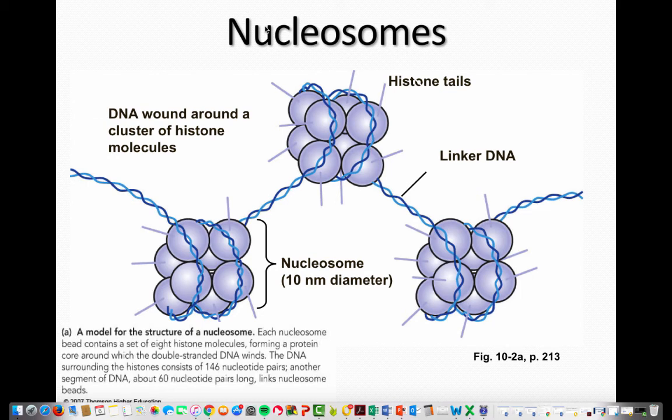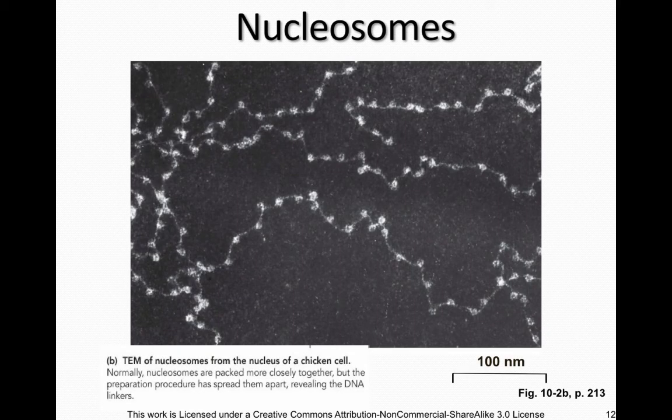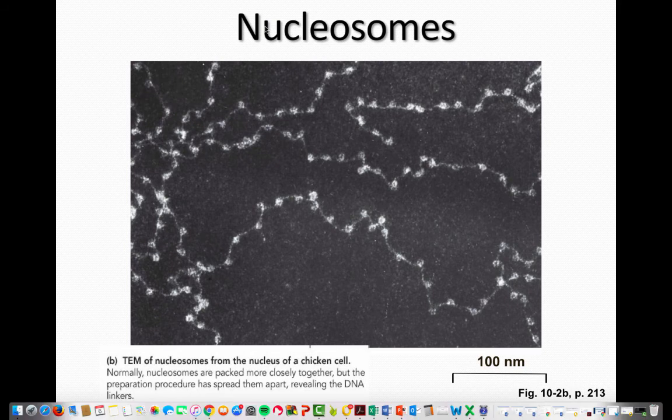This is what's known as a linker DNA, and that's just the DNA between two nucleosomes. And that helps to basically keep the DNA structured. So this is what all the little nucleosomes look like. You can see these little circles here, right? And it looks really, really clean here, doesn't it? And that's because these things are whirling around, and there's all that scaffolding proteins there holding all of that in